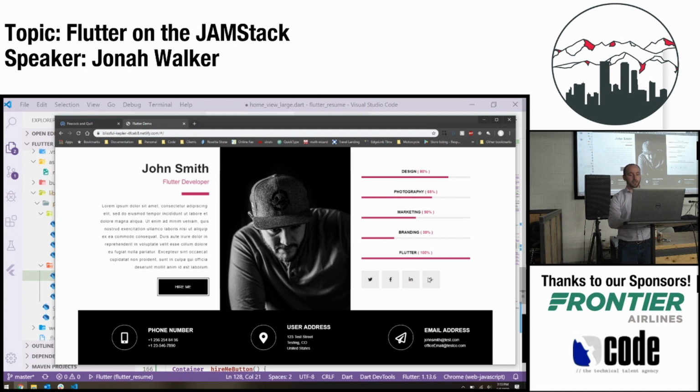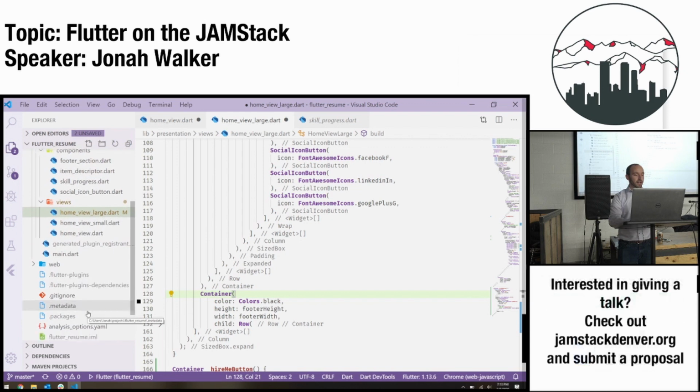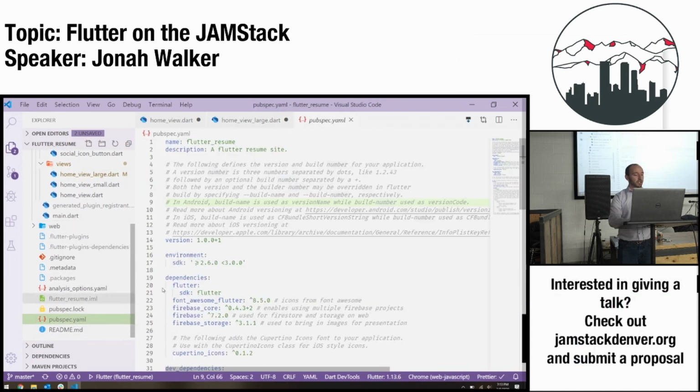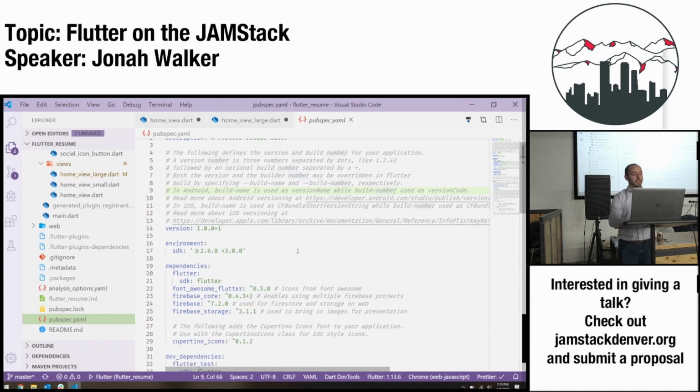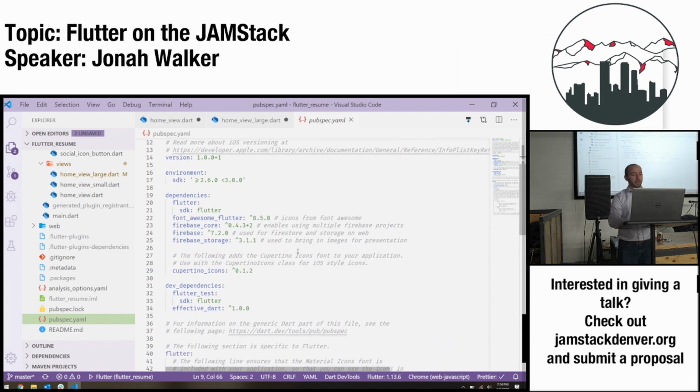And then also I pulled in Font Awesome icons, and you can do that from a plethora of packages that are available for Flutter and Dart. And so you include those inside of your pubspec YAML. So this is basically your configuration file that you're used to seeing in JavaScript, just written in a different language. So here we have our Firebase stuff that I pulled in because I was